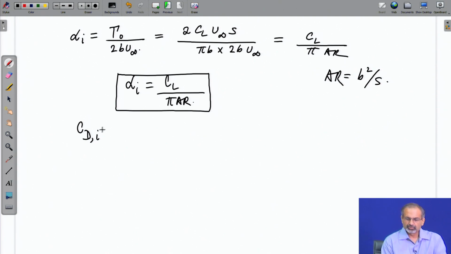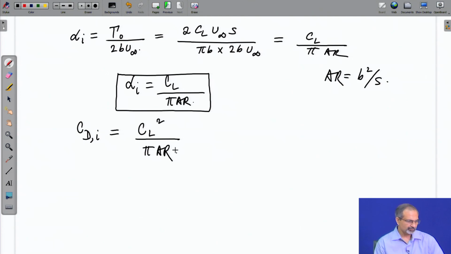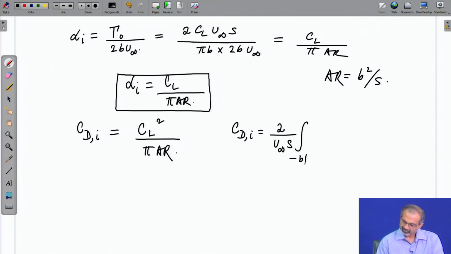You may like to express the induced drag in the form of a coefficient. So, the induced drag coefficient will come out to be CL square by pi AR. How do we do it? Of course, the induced drag coefficient by definition will be 2 by u infinity S integration from minus b by 2 to b by 2. What do we integrate? We integrate gamma y alpha I y dy,